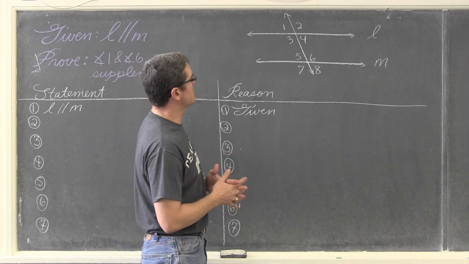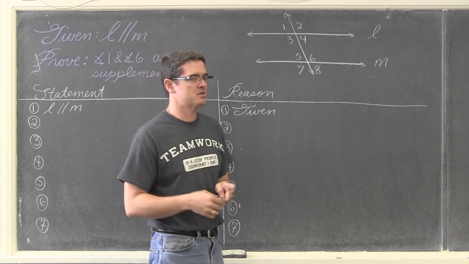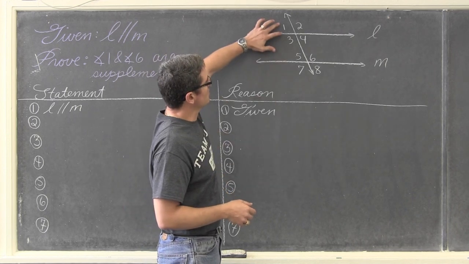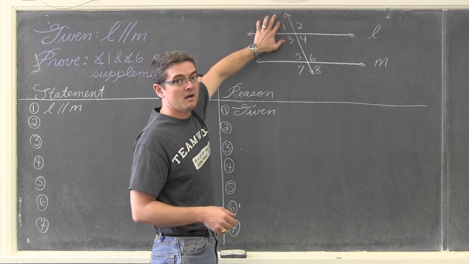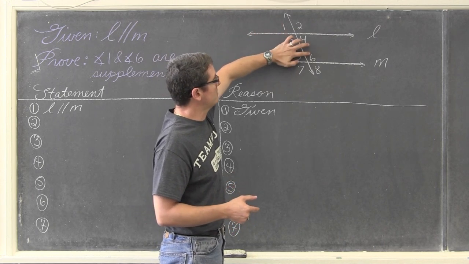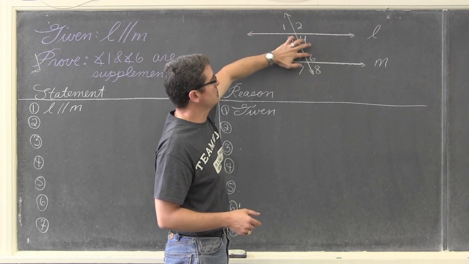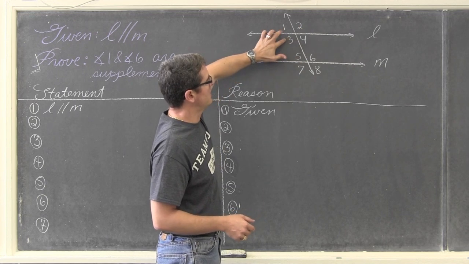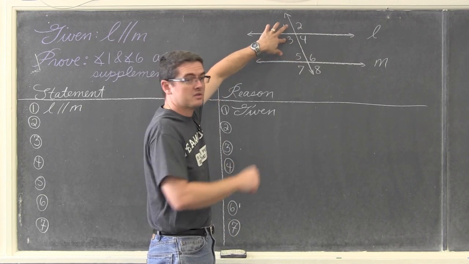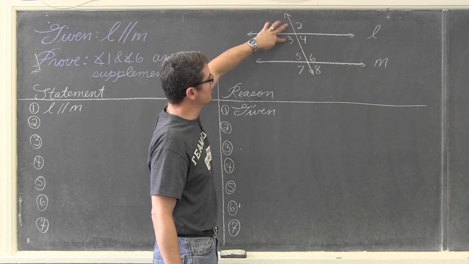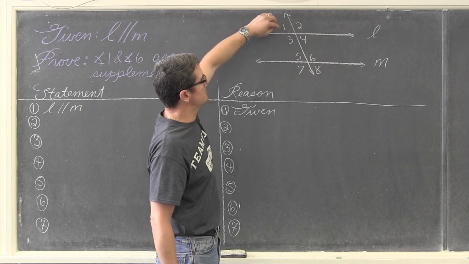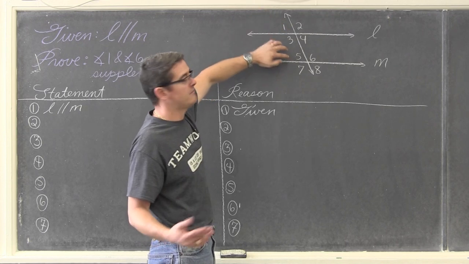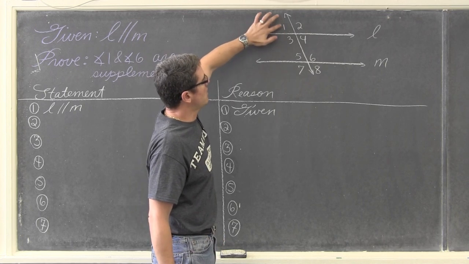So the first thing I thought of when I looked at this, and again, there's many, many ways you can approach this, is we're going to go ahead and match up 1 to 3. I could match 6 to 2, I could go through the angle of 4, I could go through the angle of 3, which is how we're going to approach this proof. Or you can go to the 5, but I want to go with the 1 and the 3.